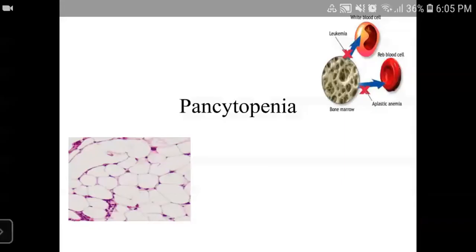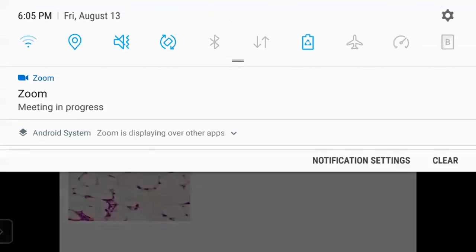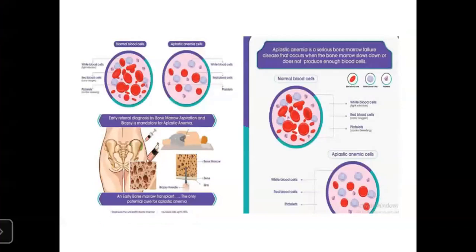So today we'll be talking about aplastic anemia or pancytopenia. As you can see in the figure, there is a decrease in red blood cells, white blood cells, as well as platelets from the bone marrow. In the bottom left corner, you can see a bone marrow biopsy showing pancytopenia. You can see decreased marrow, hypoplasia of the marrow. In this picture, you can see normal blood cells and aplastic anemia cells. In the left corner, you can see normal blood cells. So there are lots of